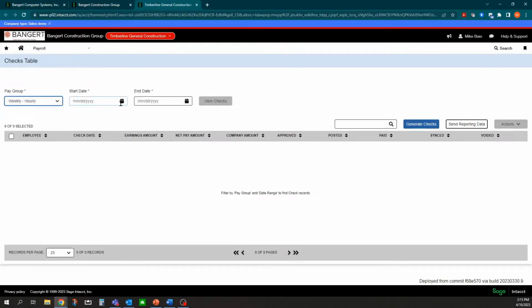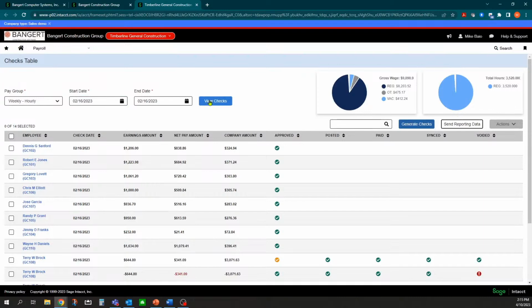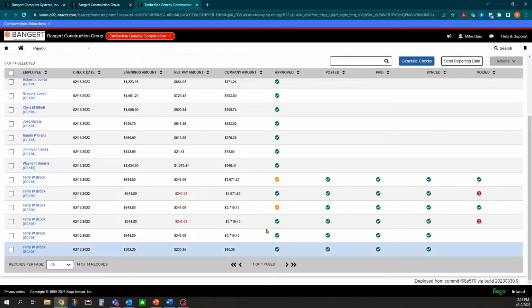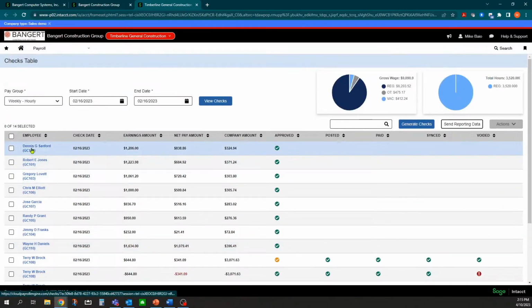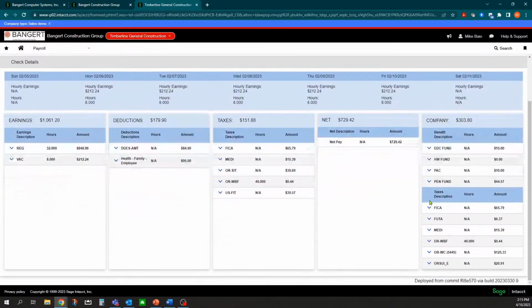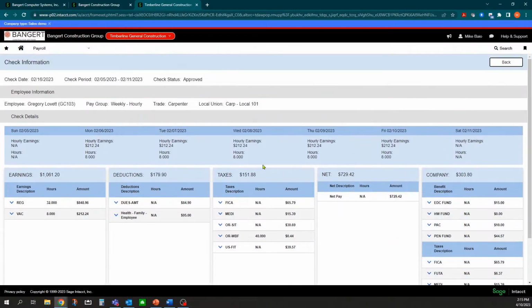So I'll go to hourly here. Start date, and we'll say February 16th, view. And now right on your screen, you have access to all of the checks that were in the system for that week, what their status was, and if you want to see individual detailed information on each employee, you can come right in and click on the name, and it will bring you into the check information view, which gives you a great view of everything that happened on that check record. And you can even see it by day, if you want as well. And all the calculations are there as far as taxes, deductions, any reimbursements, and you can see that all on your screen. So that would be another option.